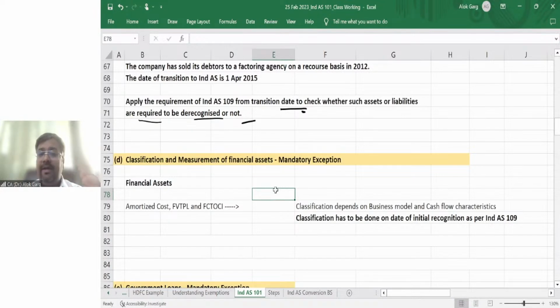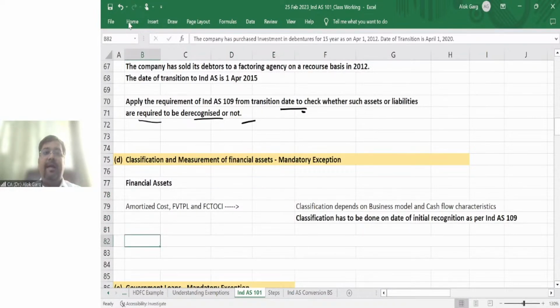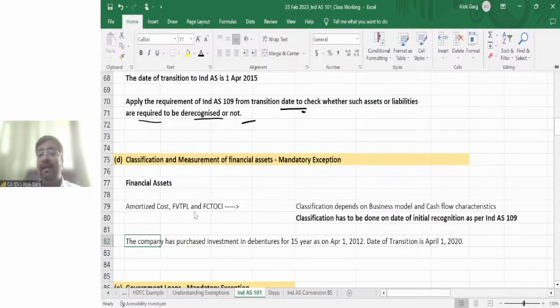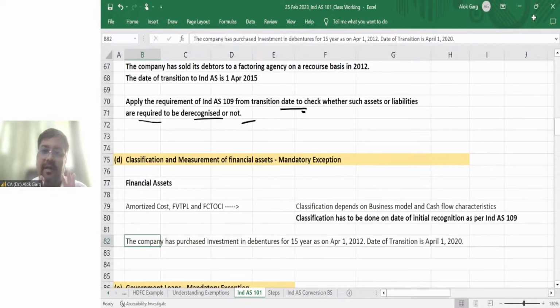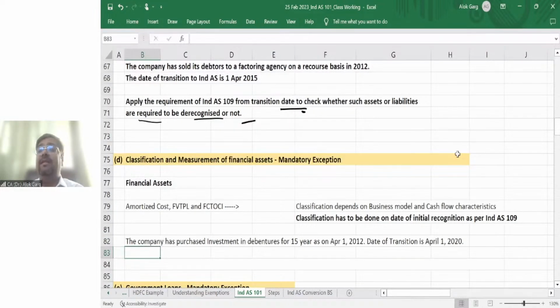So what is the fundamental rule? The fundamental rule is to apply the principle of Ind AS retrospectively. Retrospectively means from the beginning of the transaction. So friends, for example, the company has purchased an investment in debentures for 15 years as on 1st April 12, and the transition date is 1st April 20. That means 8 years ago. So now I need to find out what the business model and cash flow characteristics were